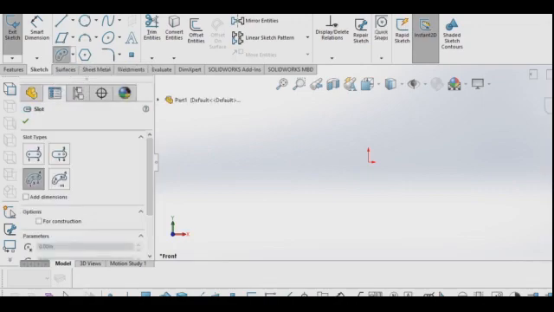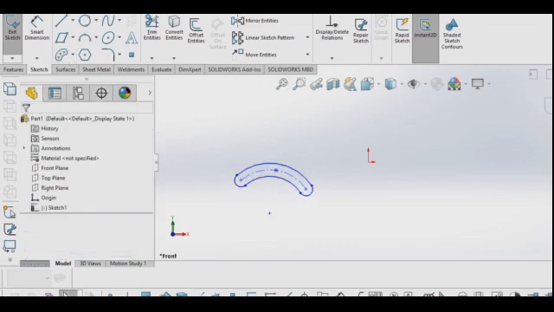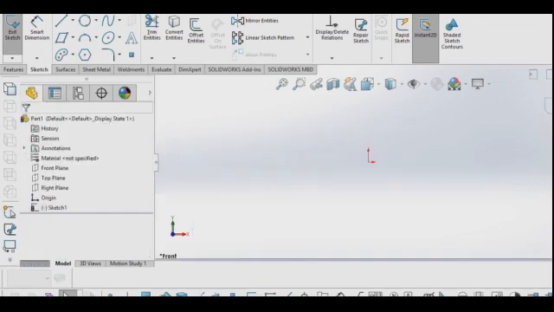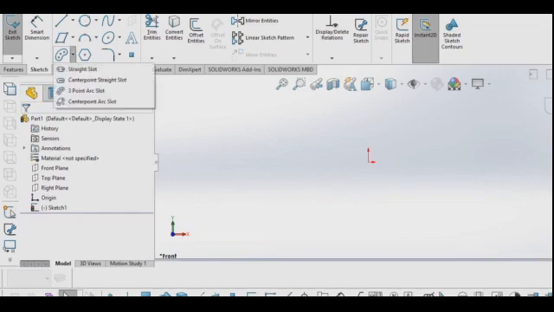Next we have 3-point slot. First point, second point, and then the arc, third point. Similar to 3-point arc, you can create that central axis, not only straight, you can create using this 3-point arc slot.